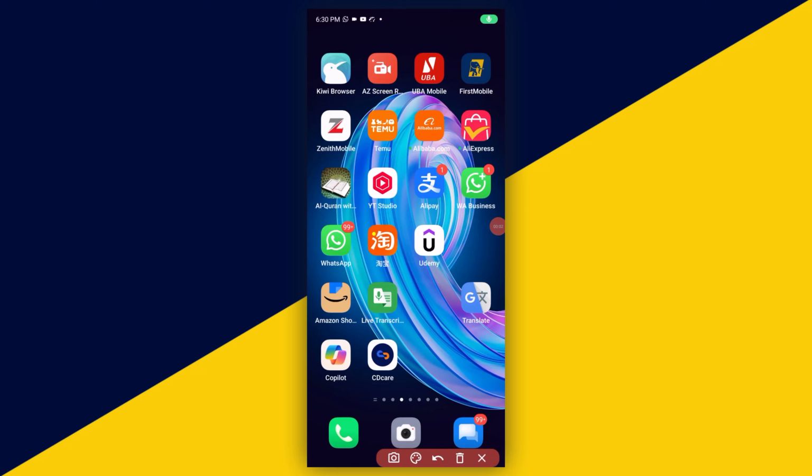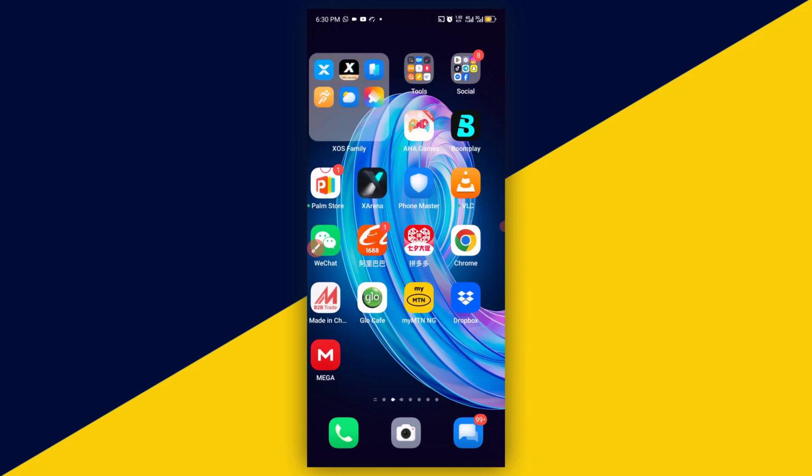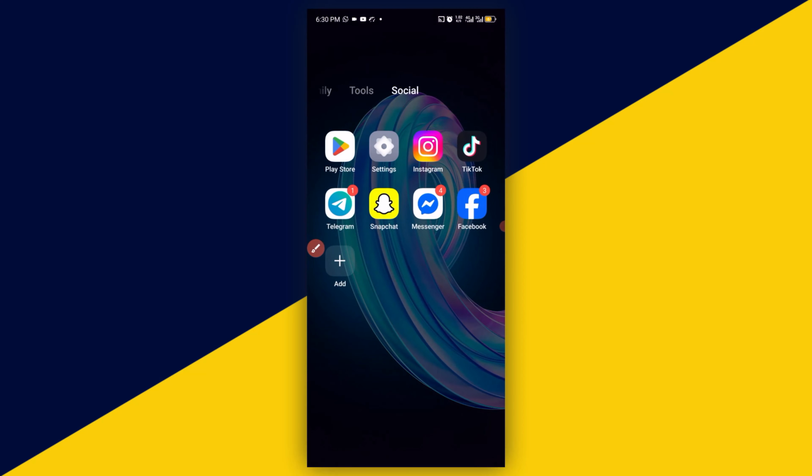The very first thing you want to do is to make sure you download and install YouTube Studio app on your phone. Whether you are using Android phone or you are using iPhone, make sure you download and install YouTube Studio app. So for every Android user, what you need to do is to go ahead and click on your